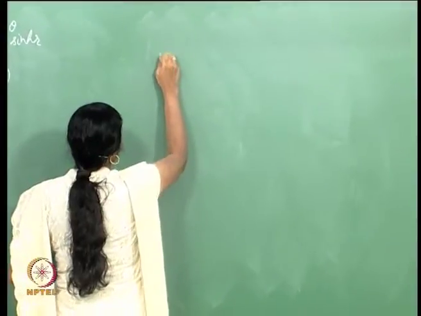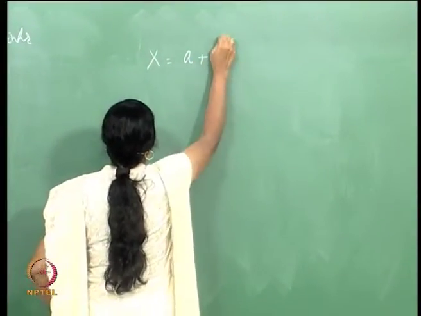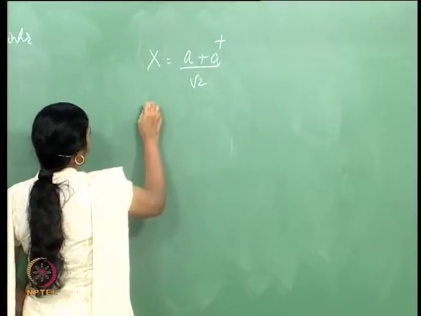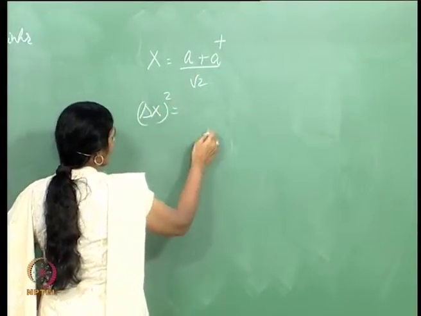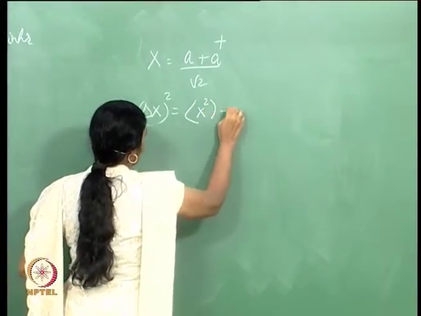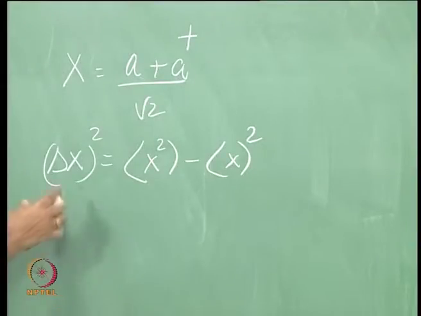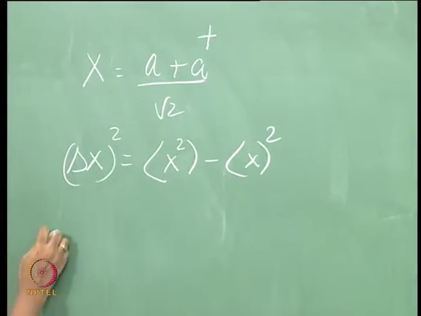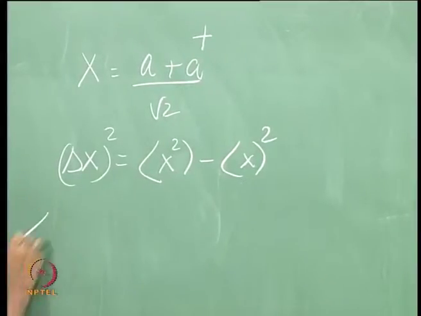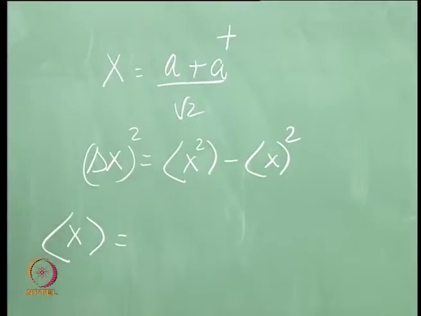So, we recall that we had x, which was A plus A dagger by root 2, and the variance in x was expectation x squared minus expectation x the whole squared. We need to compute this and find out if it is less than half or greater than half. If it is less than half, it is a squeeze state with squeezing in the x quadrature. To calculate expectation x the whole squared in the case of the squeezed vacuum, we need to first find expectation x,